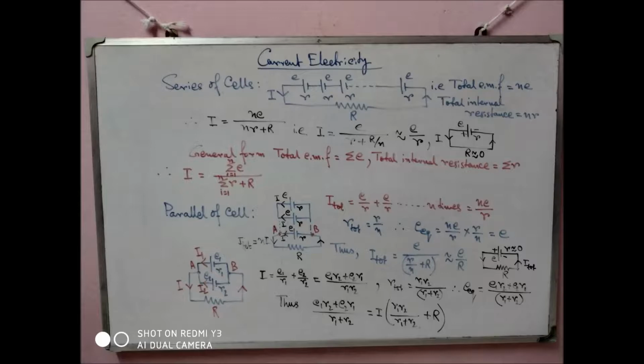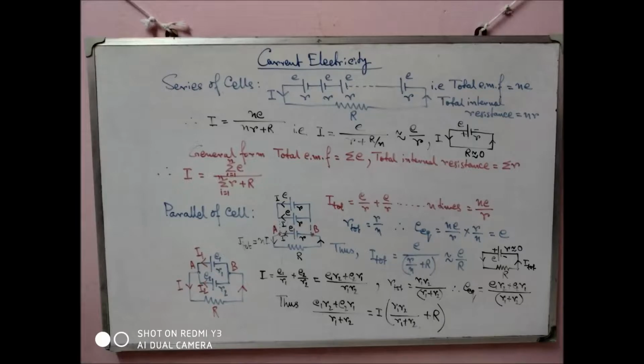Now suppose this n tends to infinity, that is, the n value is very large. When something tends to infinity, that value should be very large, not infinity, because a proper definition of infinity is not possible. So the value is very large. So if the value is very large, something divided by a very large value is negligibly small. For that reason, R by n, or 1 by infinity, tends to 0. So we are getting I equal to E by r.